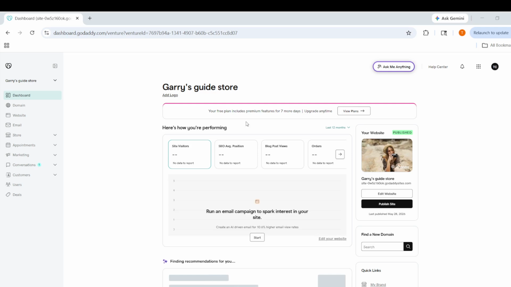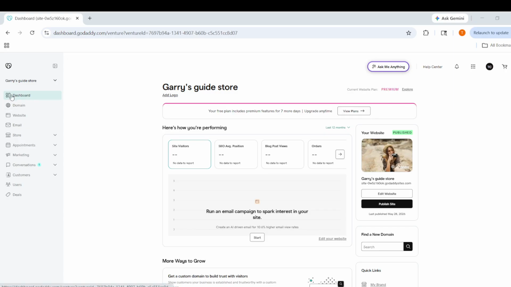In today's video, I am going to teach you how to build a GoDaddy online store. To get started, leave the website editor and head back to your GoDaddy dashboard. This is where you will manage the store side of your website, including the products you want to sell. If you are currently inside the editor, simply exit so you can access the main dashboard menu and the full